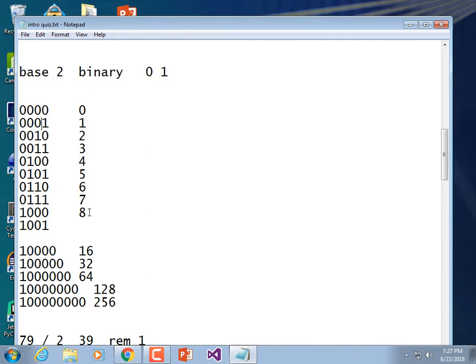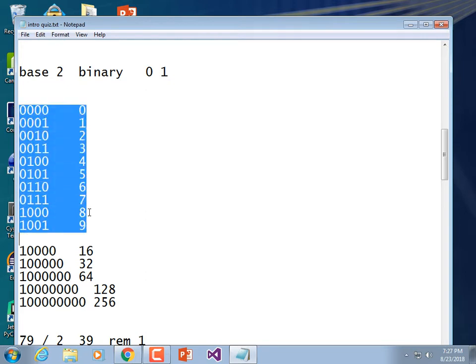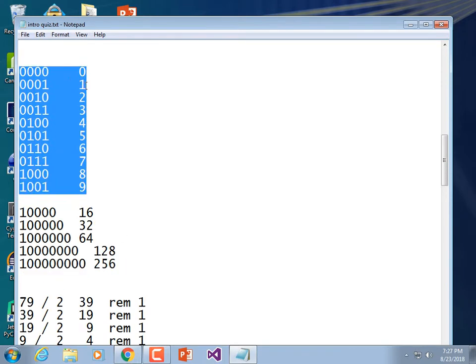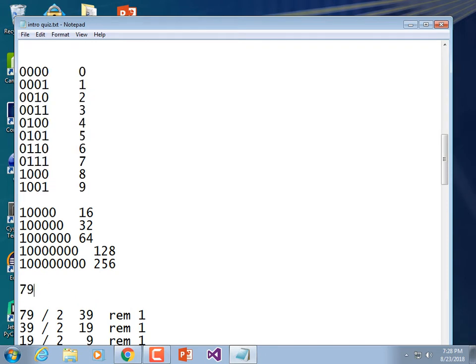Engineers love powers of 2. In dealing with computers, on and off, that's 2 states. Okay, so here we have 10 different values represented as bits. Well, if I go down here, I guess I'm going to put it above it because I want to keep it on the same page as this. But if I was going to represent 79 in BCD, which stands for binary coded decimal, I just do a